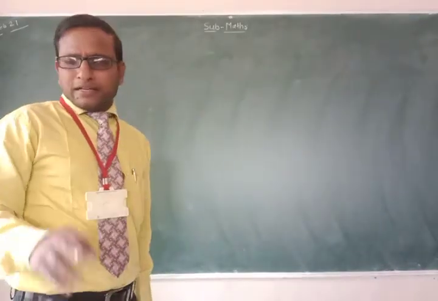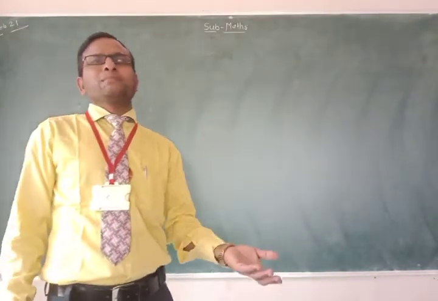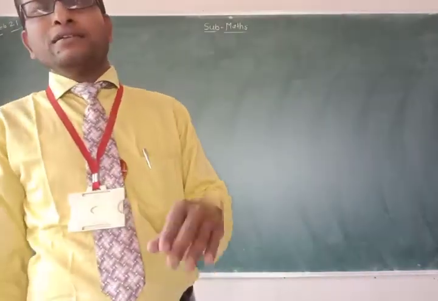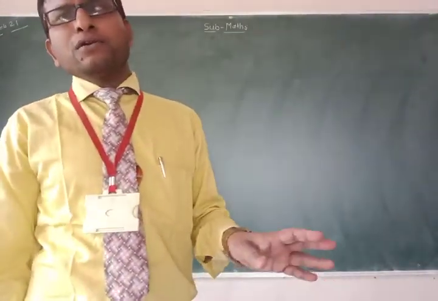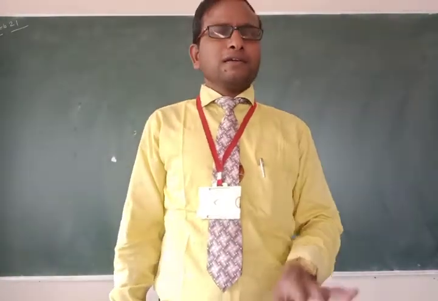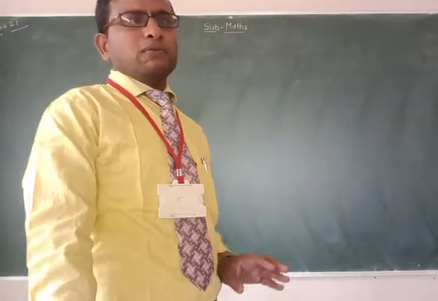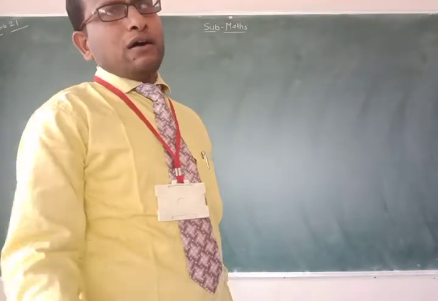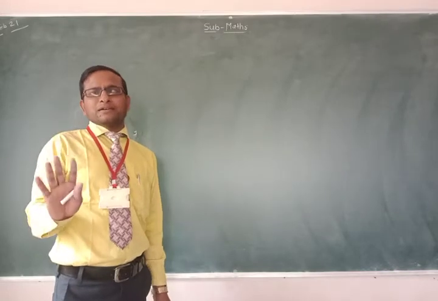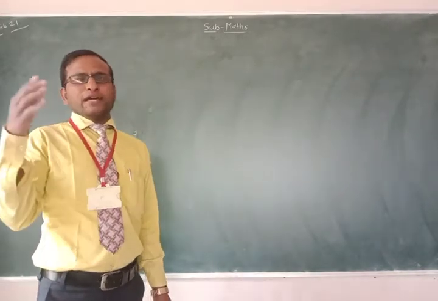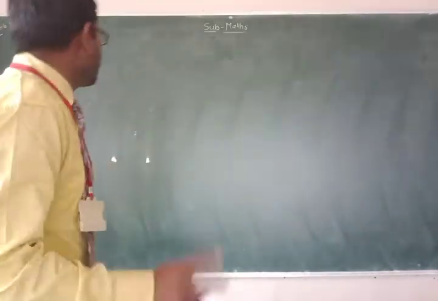But in our next exercise, only length and area are given, then we find the breadth. So which formula do we use here? Breadth is equal to area upon length. By using this formula you find the breadth. Or when you are finding length, the given values are area and breadth. Length is equal to area upon breadth.